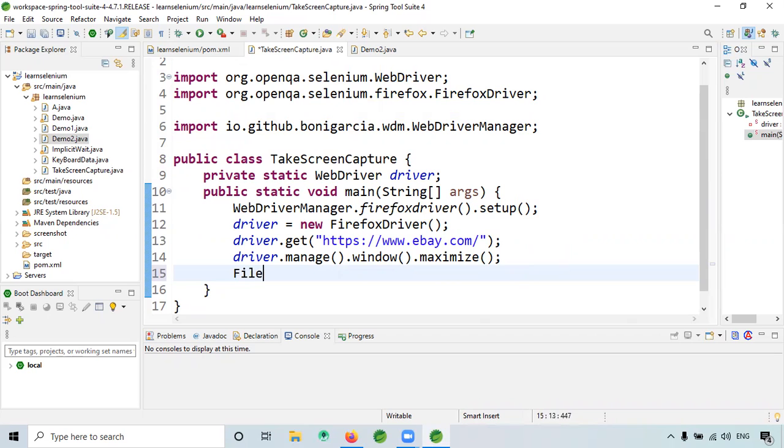So something like File screenshots is equal to, like this, take screenshot. Let me import.